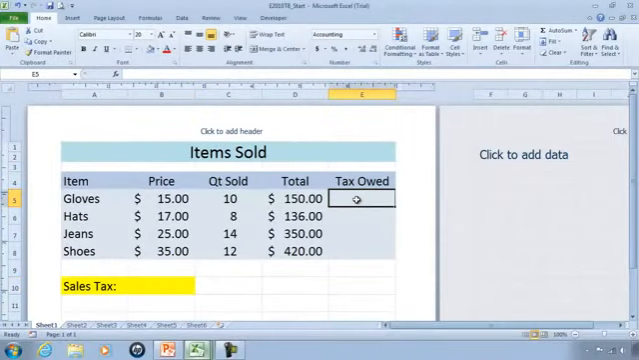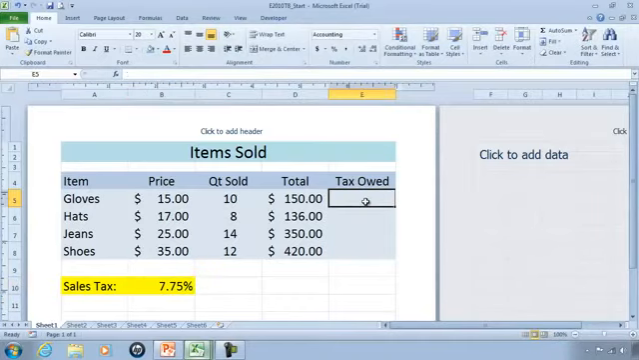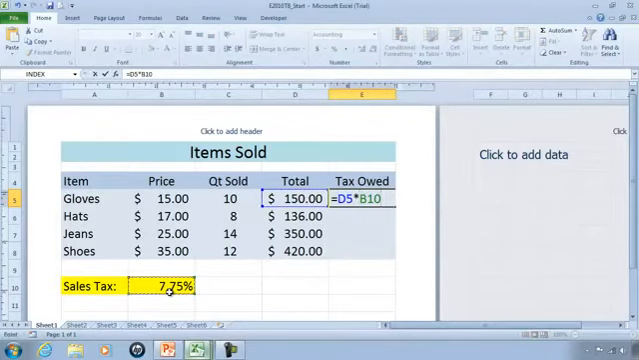This is the workbook that was downloaded at schoolfreeware.com. What I would like to do here on sheet 1 is take the total, multiply it by the sales tax, and get the tax owed. So first thing I'm going to do is put in the sales tax at 7.75%. And now I can go ahead and calculate the tax owed by =D5 multiplied by B10, enter, and then